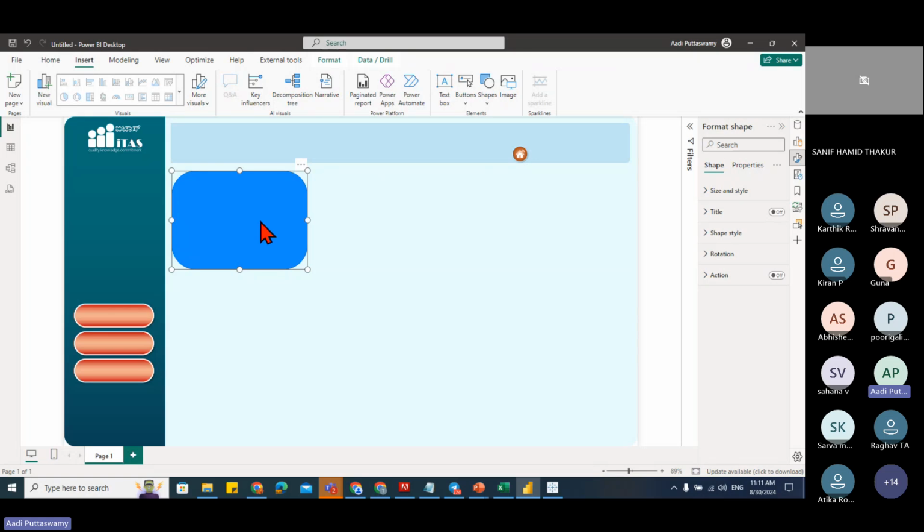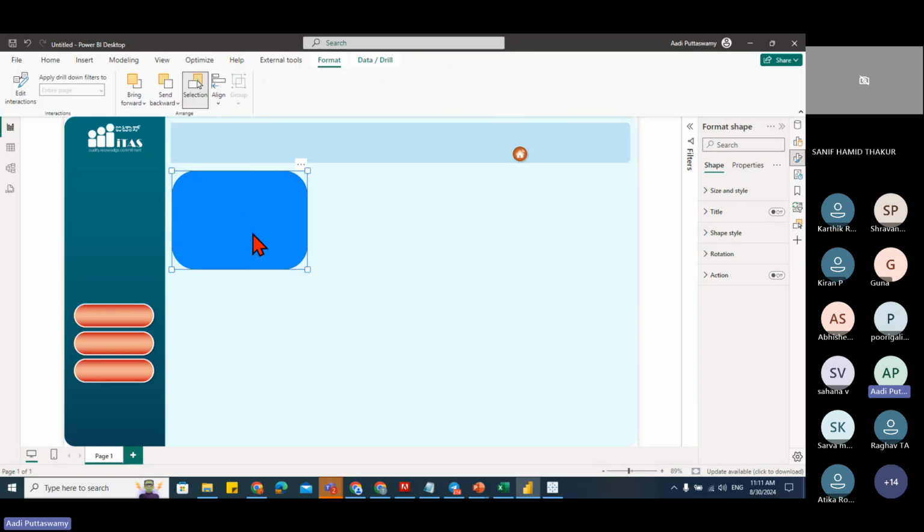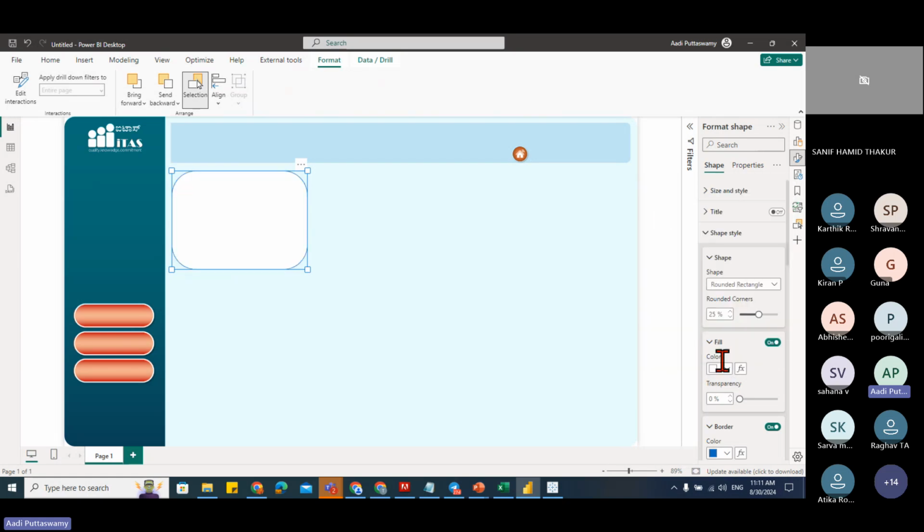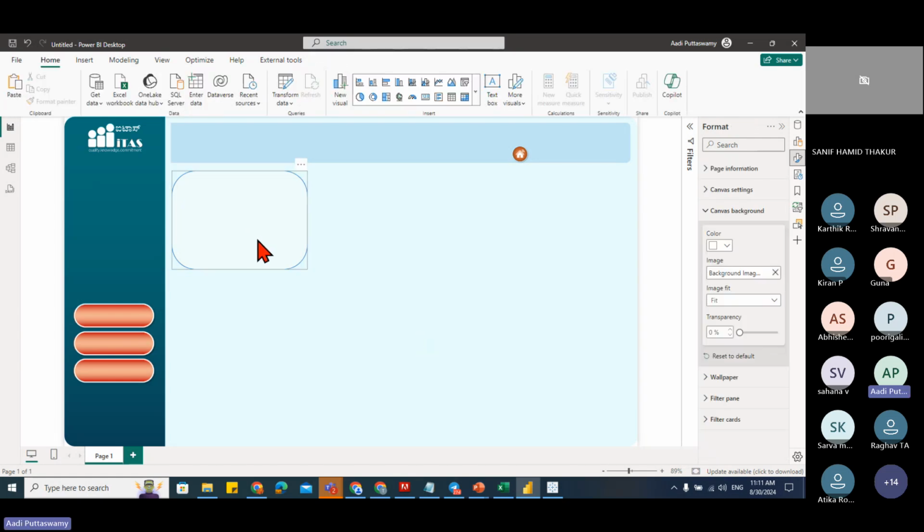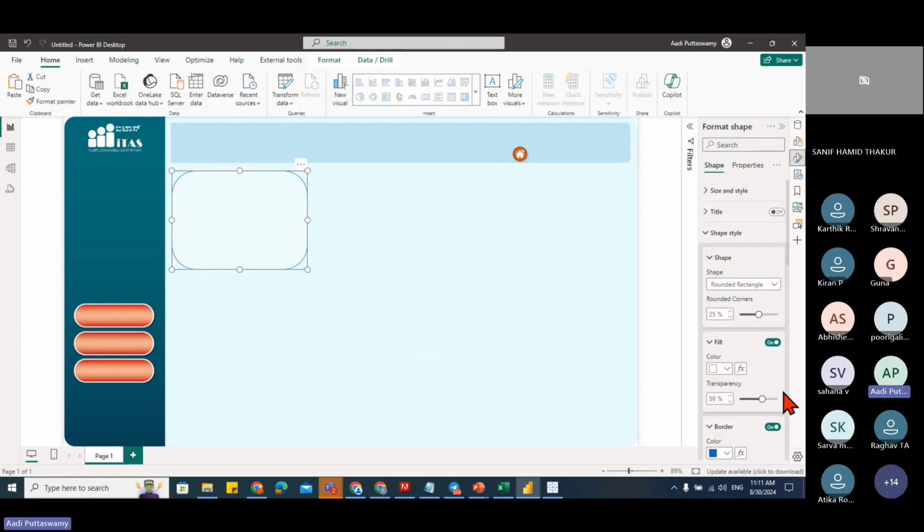I'll go to the format, double click on this, it'll take you to the format tab. Shape. Here we have the color. I'll make it white color and then I'll make it transparent like this. See, transparent. I'll remove the border. Let me select this rounded corner. We'll just make it a smaller one. I'll make it as 5